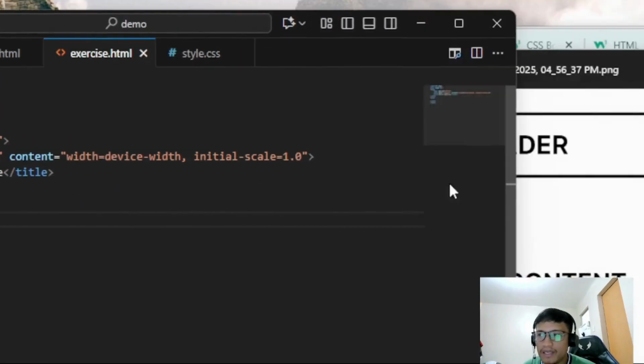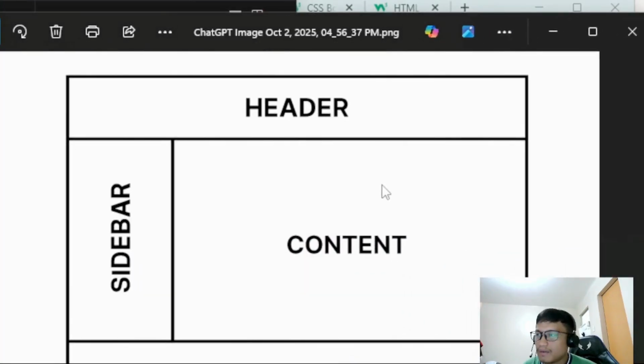Upon seeing this, we can understand that the topmost is the header, and then below the header, there are two divs, the sidebar and then the content. So that's actually the problem. The header and the footer itself is just very simple. The challenging one at the moment is the sidebar and then the content.